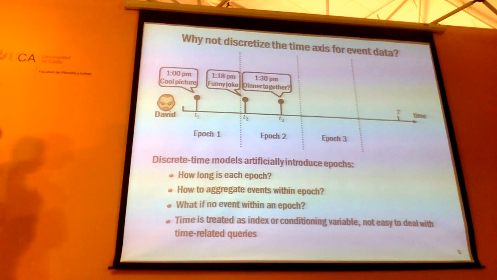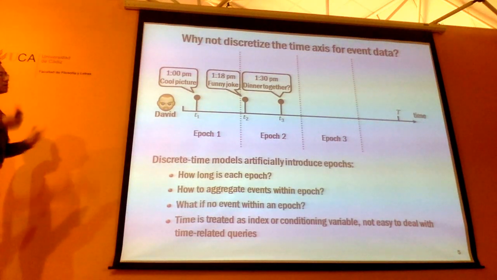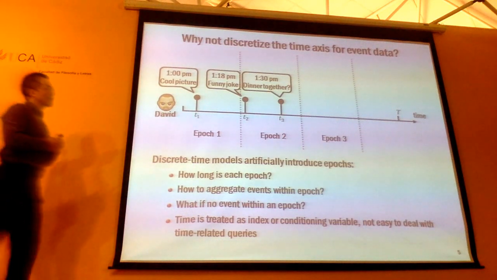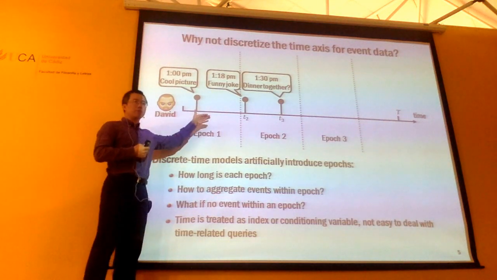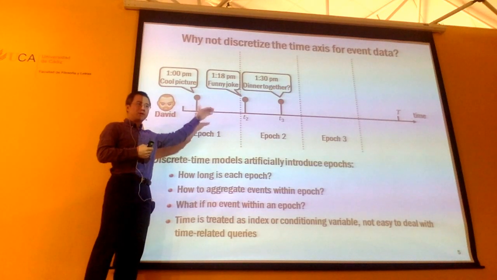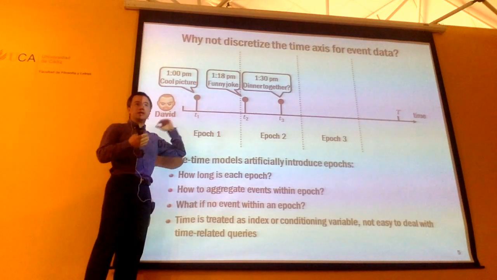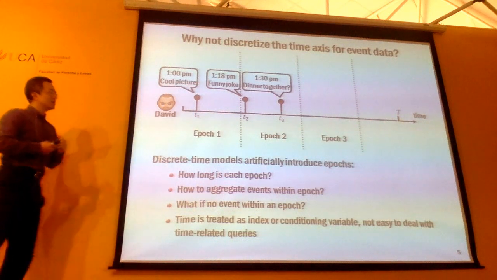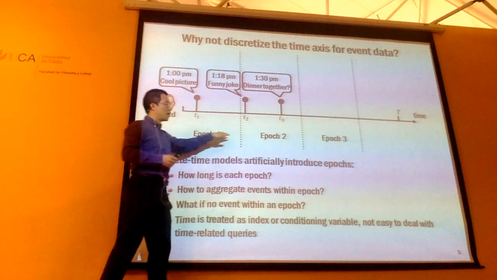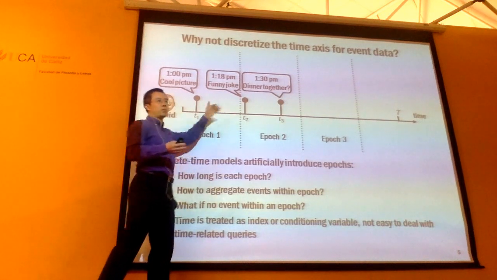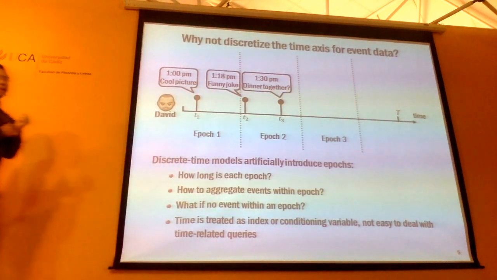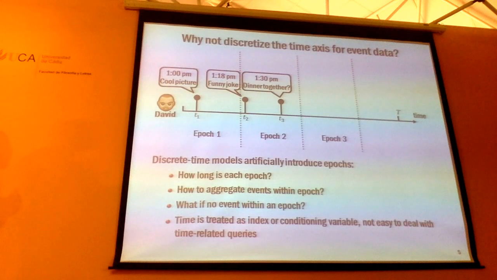So from a graphical model point of view, you can also think about this time series-based approach as treating this temporal information as some kind of conditioning variable. It's a little bit like the covariates in the Gaussian process if you have attended class. So you condition on this time as some kind of index. What's running on top of it is probably some kind of counts. And then once you use such a model, the difficulty for later inference is, suppose I ask you to predict what's going to be the time for the next event. Then for this type of model, which conditions on time, it is going to be very difficult.